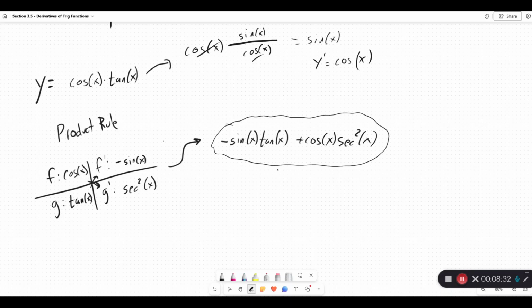And this is where simplifying earlier versus later can help you. So, in case you're curious, this is negative sine squared x over cosine x. And that's just because this term is sine over cosine. Plus, secant is 1 over cosine. So this is cosine of x over cosine x squared,